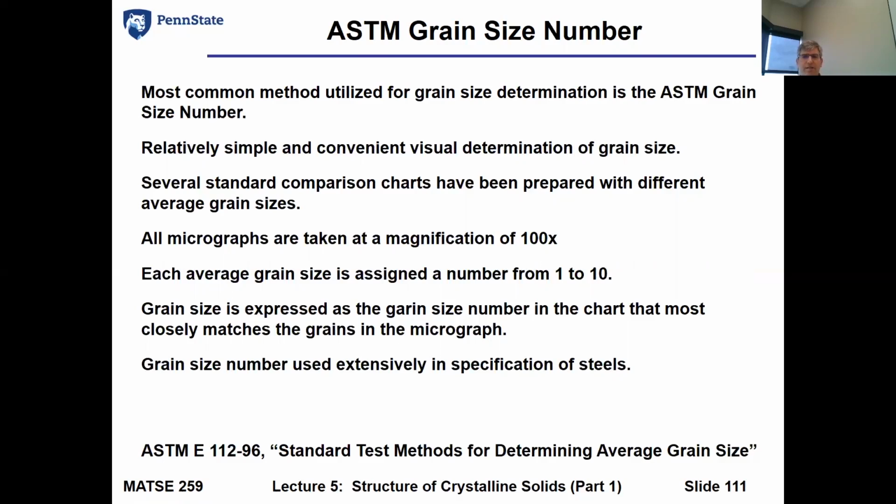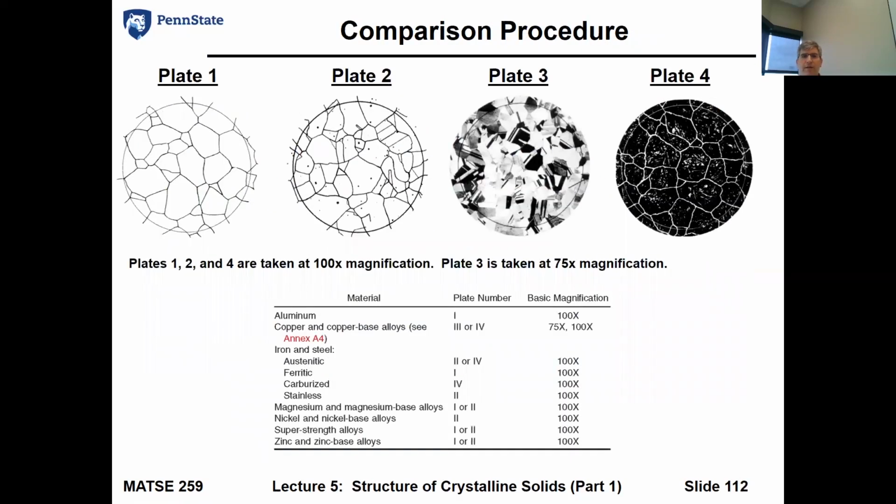So we express it as a grain size number. And within that grain size number, we can look at it two different ways. We can directly measure it, or we can use a comparison procedure. Now, the comparison procedure is widely used. I am not going to have you use the comparison procedure, though, because there are certain plates within the ASTM